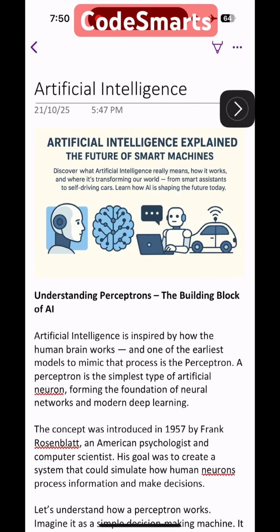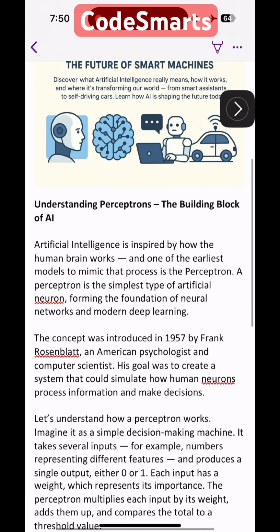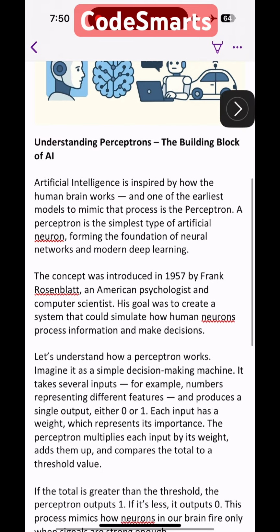Understanding perceptrons, the building block of AI. Artificial intelligence is inspired by how the human brain works, and one of the earliest models to mimic that process is the perceptron. A perceptron is the simplest type of artificial neuron, forming the foundation of neural networks and modern